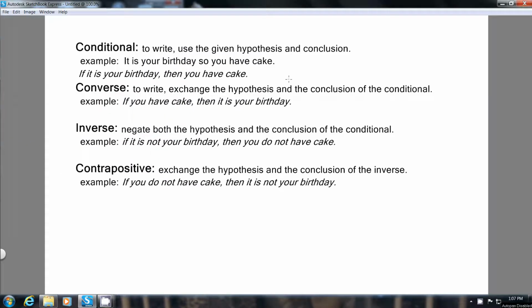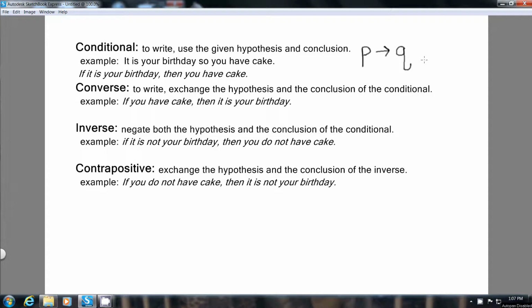In our last video, we talked about conditional statements and three related conditional statements. So this time we're going to talk about those three related conditional statements: the converse, the inverse, and the contrapositive. Now remember, a conditional statement is an if-then statement. Remember, we wrote it in symbols as if P, then Q, where P was the hypothesis and Q was the